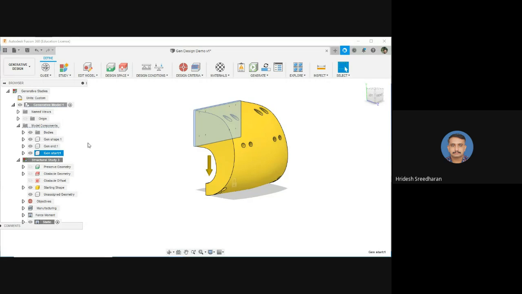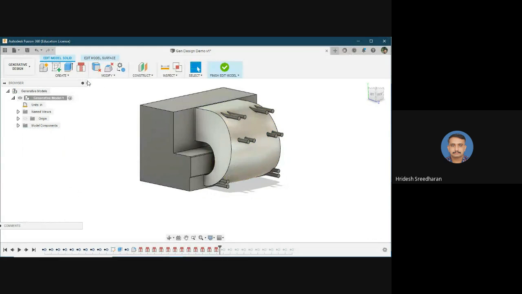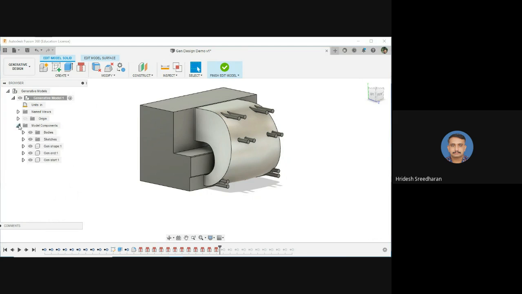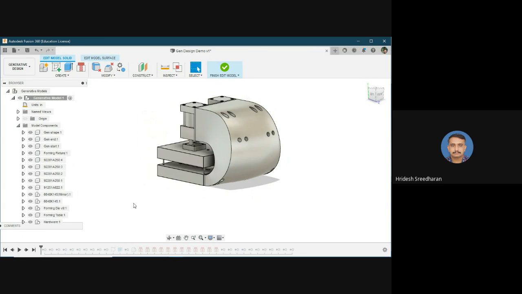So how will you remove those things? For that we have this edit space. If you click on edit model, another workspace will be opened. Here the unwanted model components are removed. I will show you by moving this history marker. See, I am rolling back this history marker to the beginning. Just wait a few seconds until all the actions have been undone by the system. Yeah, okay.